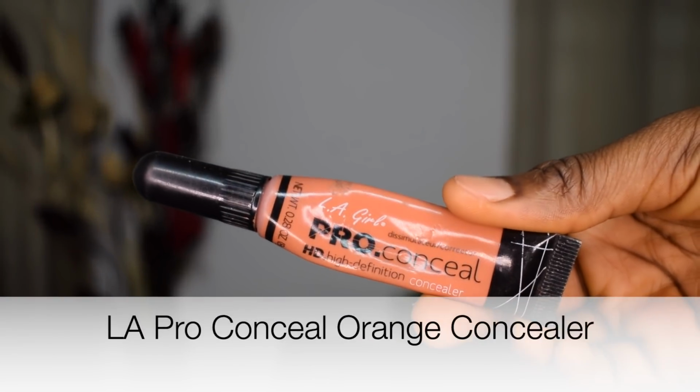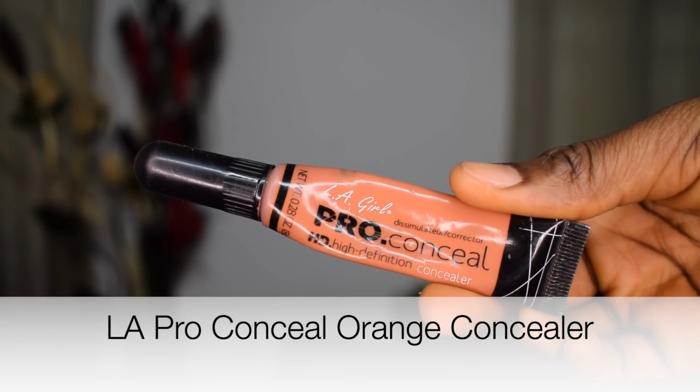The next step is to color correct. I use the LA Pro Conceal color corrector, the orange corrector. This is definitely on the affordable side. I have hyperpigmentation on my face, I have dark spots on my face, so I like to color correct. I always suggest that you color correct because it makes your skin look flawless. It makes your base appear even, because that's the entire goal of makeup, to have flawless and even skin and to just look good,